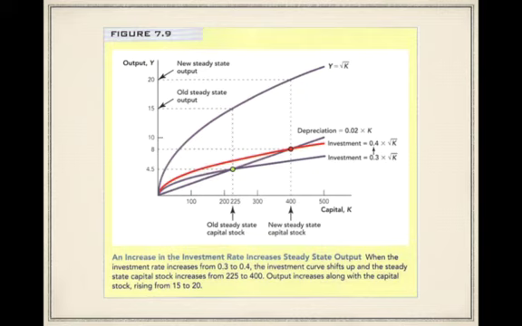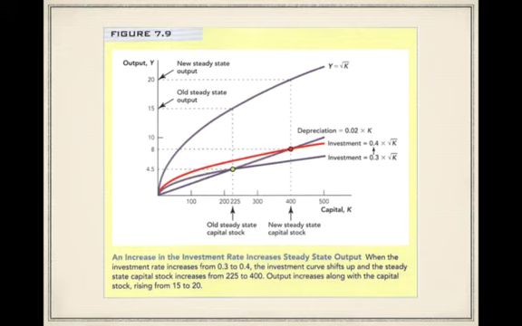If we were to the left of 100, growth will be higher than it otherwise would have been. If we were at 225, our growth rate will be higher than it would have been otherwise. If we were out at 400, our output growth would have been higher than it would have been before. Wait, it actually turns out that it doesn't matter where we are in here. With a higher investment rate, our output will be higher than it would have been before, and our growth rate will be higher than it would have been before.